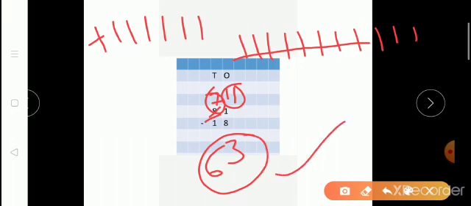Now second step, we have to subtract the digit at tens place. So we have to subtract 1 from 7. 1, 2, 3, 4, 5, 6, 7. Now we have to subtract 1. We cut 1 line. Now how many lines are left? 1, 2, 3, 4, 5, 6. So we will write 6 in the tens column. So students, when we subtract 18 from 81, our answer is 63.